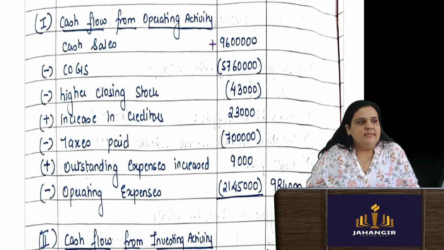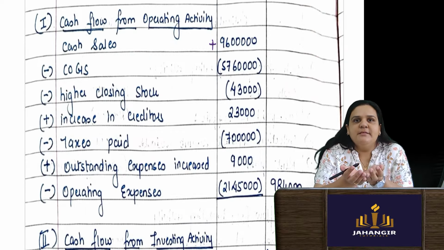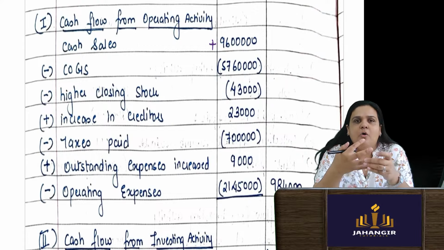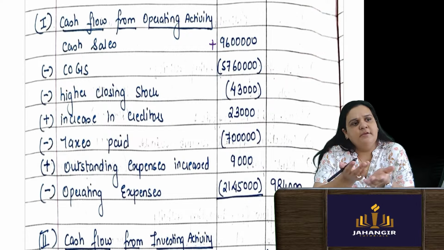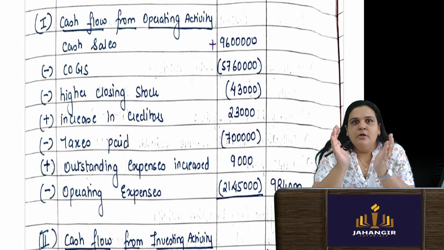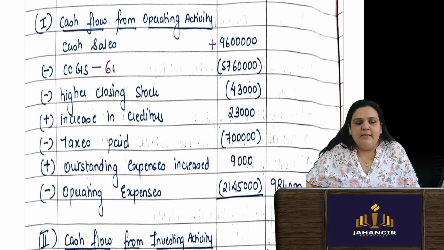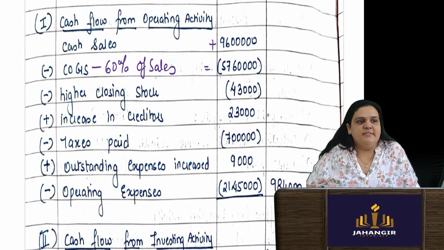Now, they have given me the cost of goods sold directly. Cost of goods sold is basically what? You do opening plus purchases minus your closing stock, materials consumed, etc. All that cost which was involved in generating this sales is already given to you. So you will directly subtract this cost of goods sold, which is how much? They are saying it is 60% of the sales. Directly variable, directly related. So you will subtract 57 lakh 60,000.